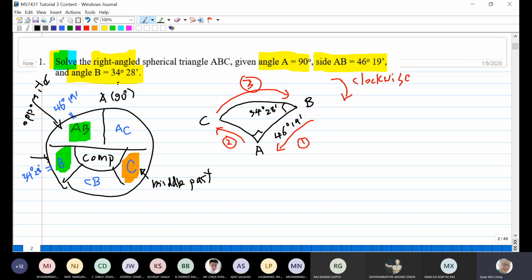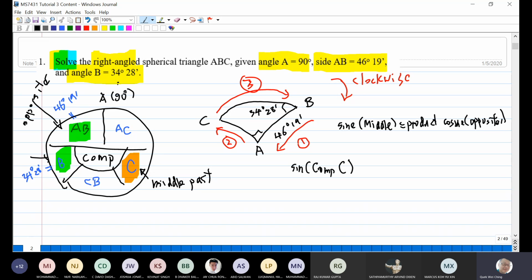Okay, let me write down first. The formula for Napier's rule, the first one, is: sine of the middle part is the product of the cosines of the opposite parts. Now, be careful of the middle part here, because angle C is below the half circle of the view. So you write sine of com